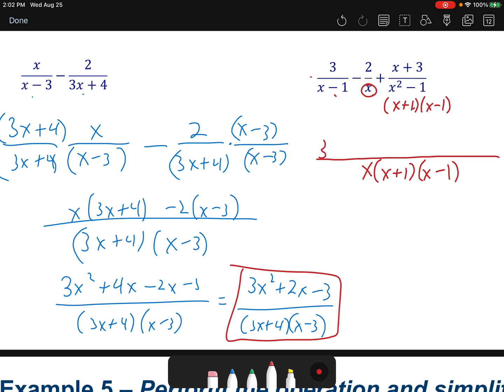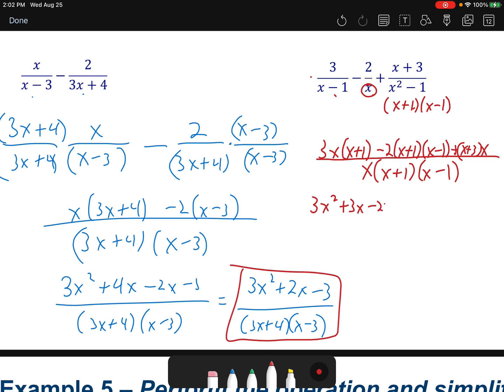So now what is the 3 missing? Well, it's missing x, and it's missing x plus 1. What is the 2 missing? X plus 1 and x minus 1. And what is the x plus 3 missing? It is missing x. So